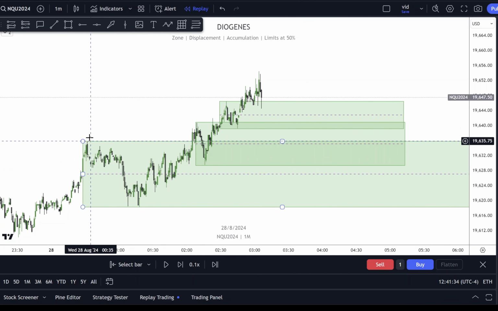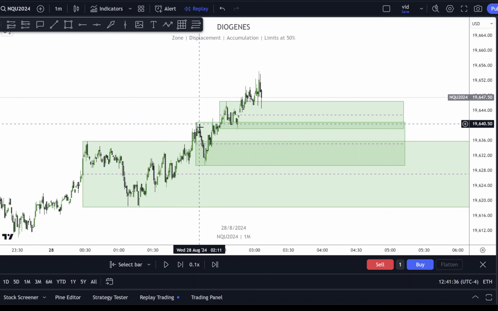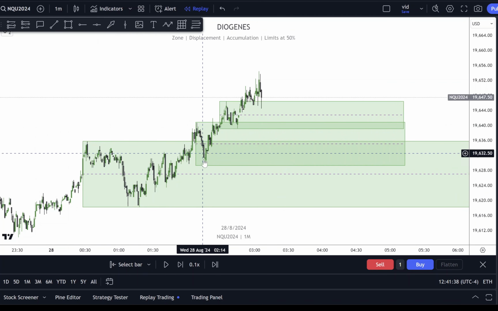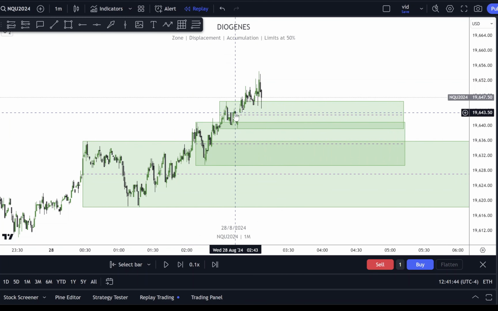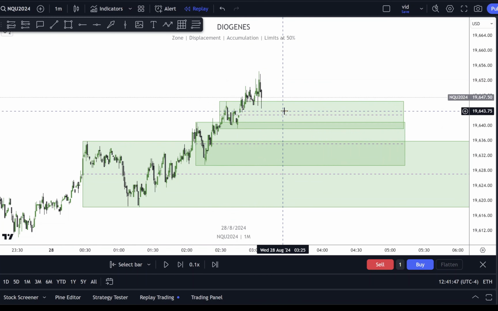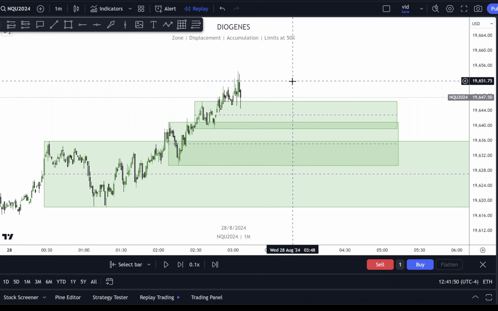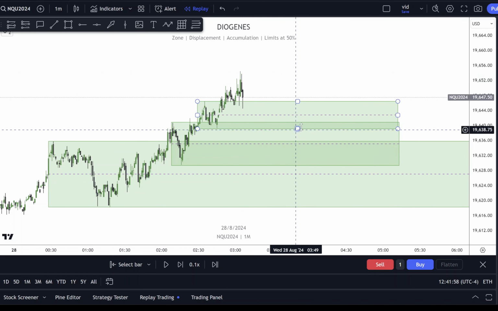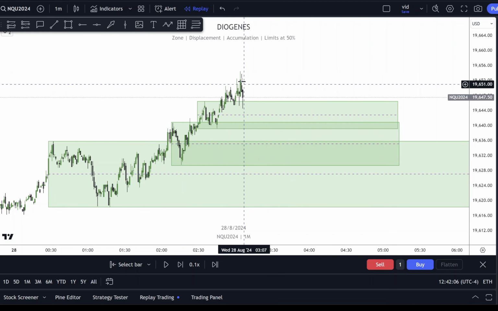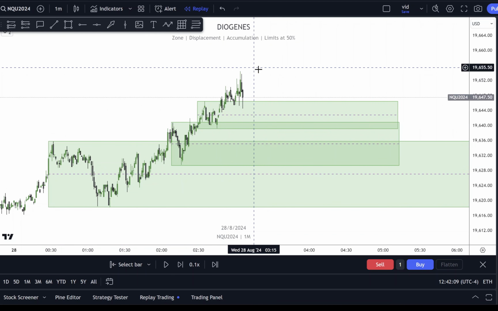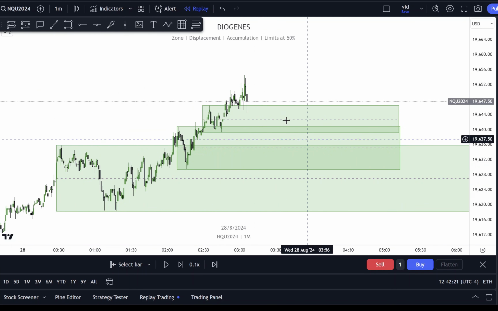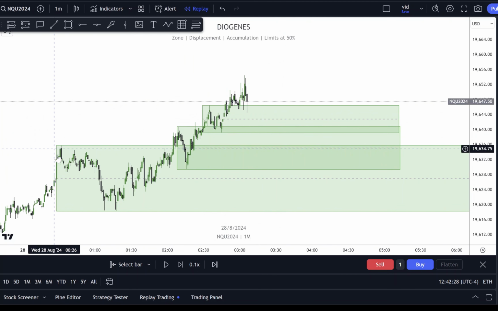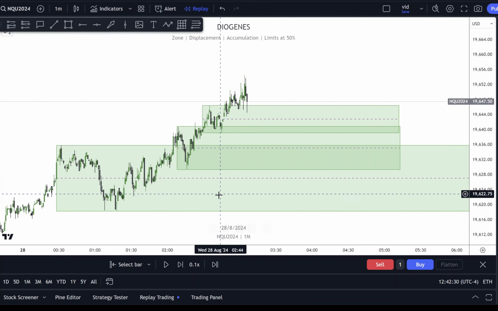So price here created this huge zone, then it created new zones, never mitigated the 50%, created another zone, never mitigated the 50%, and now here you find yourself, right? And you will ask yourself which of these zones you will have to take. Now the first solution is to go up time frames, so you can find one valid higher time frame zone that price will 100% respect, because most of these zones will be accumulation for this A++ moneymaker setup,